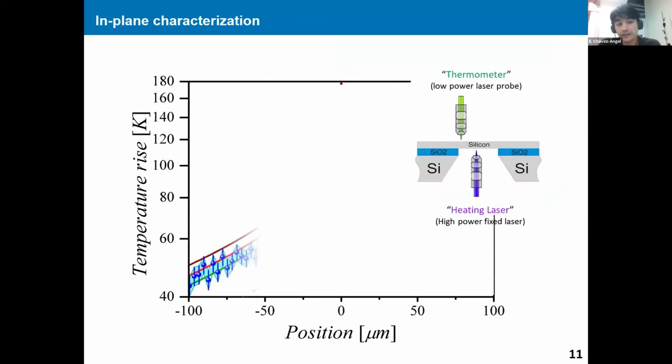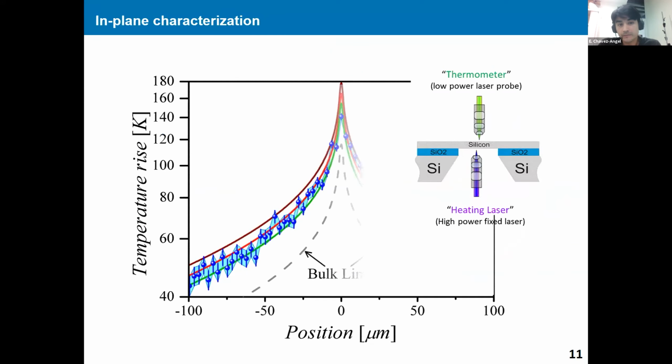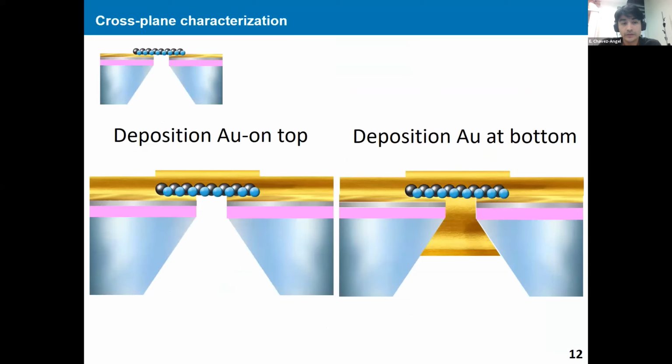Okay, this is for the in-plane properties. For the cross-plane properties, we use a different approach. In this case, we want to study the same sample, the same system. Once we finish all the measurements of the in-plane thermal conductivity, we deposit 100 nanometers of gold on top